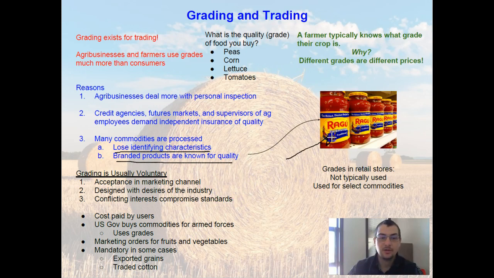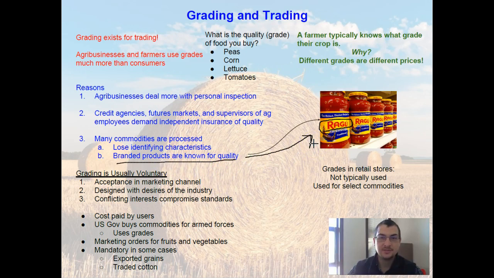So let's look at an example like Ragu. Ragu is often made of tomatoes, tomato paste in a sense. So those tomatoes that they use have already lost their identifying characteristics. You cannot tell anymore what quality that tomato was because it's already been processed into this bottle of Ragu. Now, the Ragu brand is branded. So if you go in there and you buy a bottle of Ragu, you are buying that branded product because of its quality. So consumers often don't necessarily look at grades, but they buy branded products based off their quality,